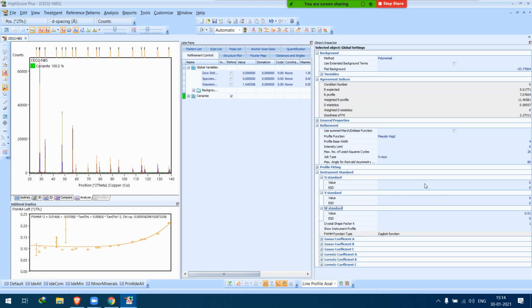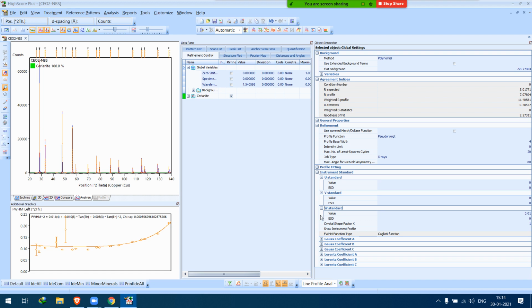Here it is showing two space variables, so 0.014 should come up as around 0.01. This coefficient of the FWHM square equation gets saved in UVW.